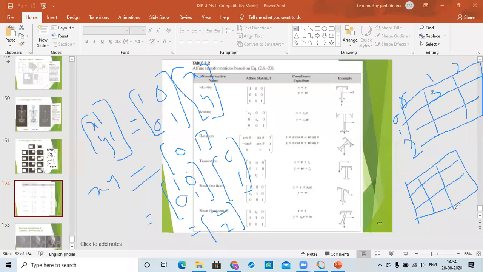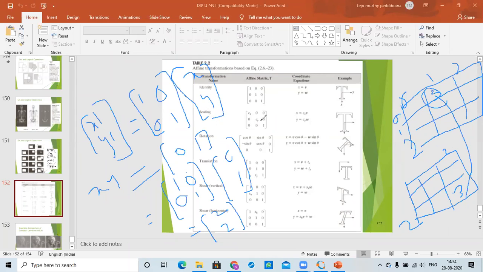Where it has to go means this 0 1 value should go to 2 2. 2 2 means this location. That means this 3 will go to this location 3 here, because it is 2 comma 2. This is 2 comma 2. So the 0 1, that means the pixel value which is there in 0 1 should now go to 2 comma 2. In that way we will calculate for each and every value.